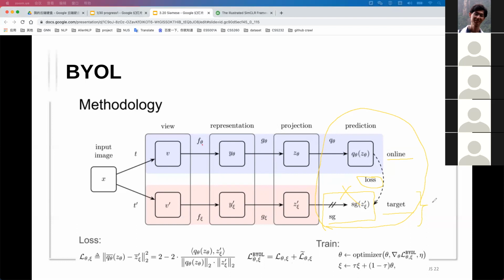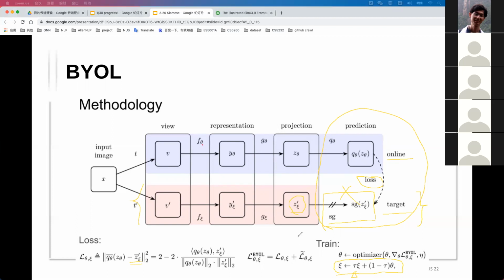Okay, so now this neural network is not updated by the gradient. It's updated by the momentum. It is a very typical mechanism in machine learning. It's called momentum. But the loss here, given the prediction, is only updated on the online branch. Yeah. And is there any loss on the representation and the projection? No. The gradient also just, if you compute the loss, you still need the Z prime.